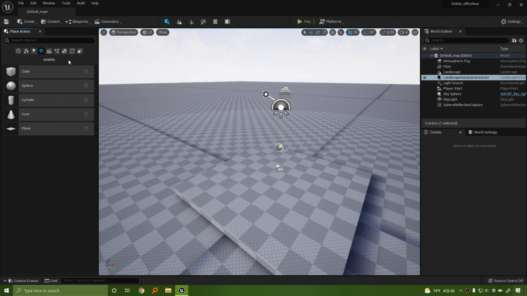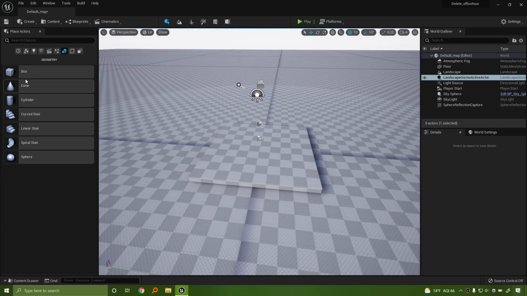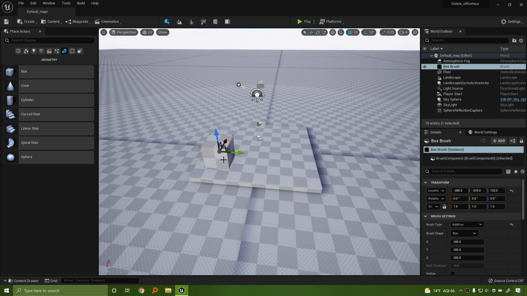But for now, let's go back and talk about the geometry. Geometry, or brushes, will typically show up as empty, kind of hollow boxes of information. I'm going to go ahead and let go of the box, and as you can see, as I let go of this box brush, we see that the type, as it's listed in the world outliner, is called a brush.